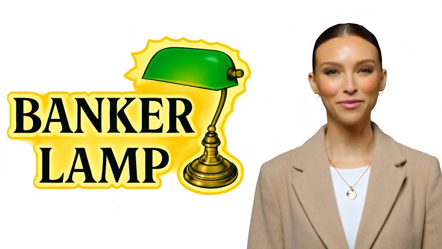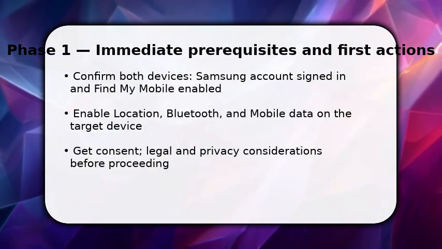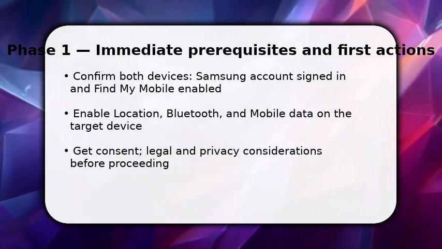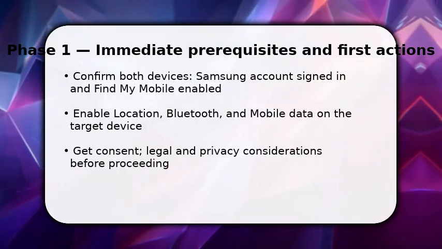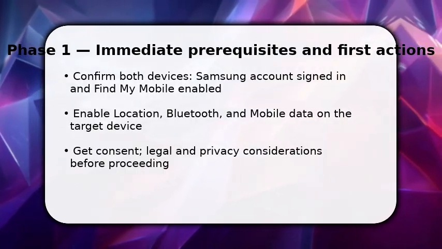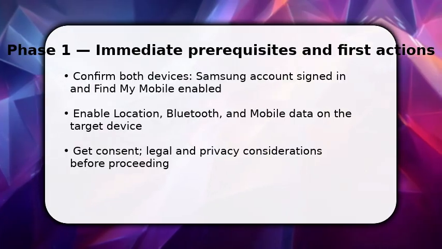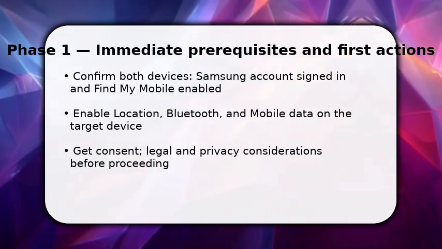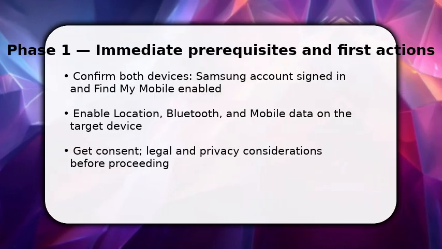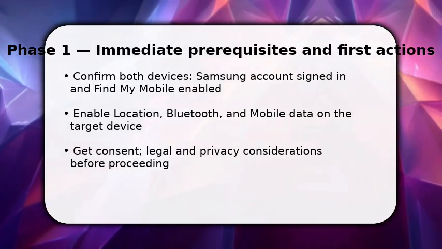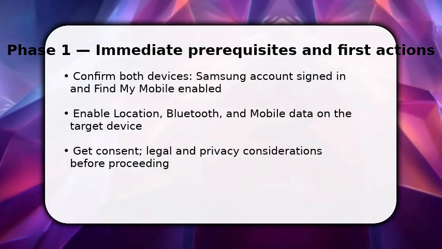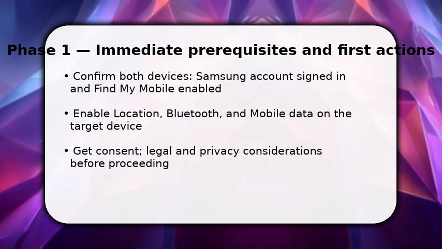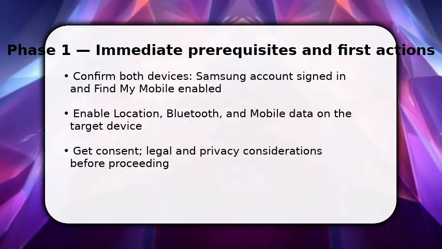Please enjoy the video. You start by ensuring prerequisites are set. Sign in to the same Samsung account on both phones and enable Find My Mobile. Once done, make sure location, Bluetooth, and mobile data are active on the device you want to locate. You should also confirm remote unlock and send location permissions in settings so the service can respond. You do this now because without those toggles, the following steps won't return a precise fix, and you'll waste time